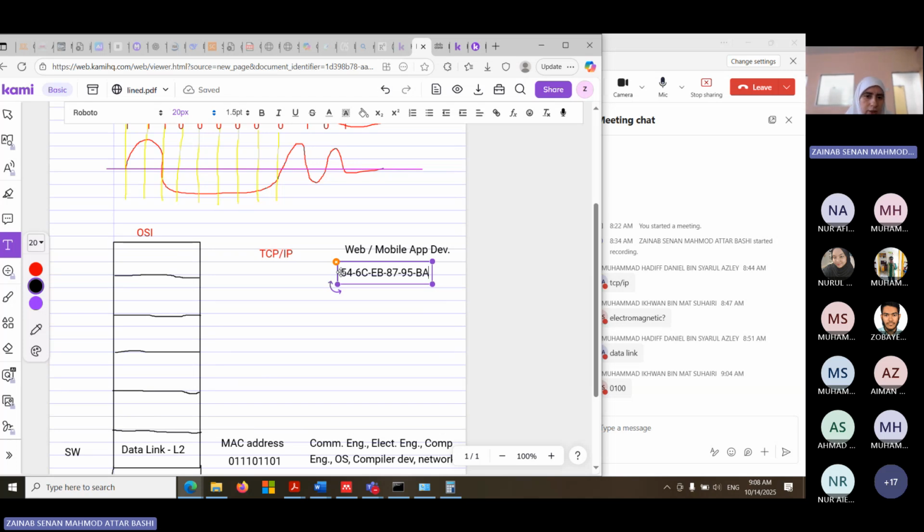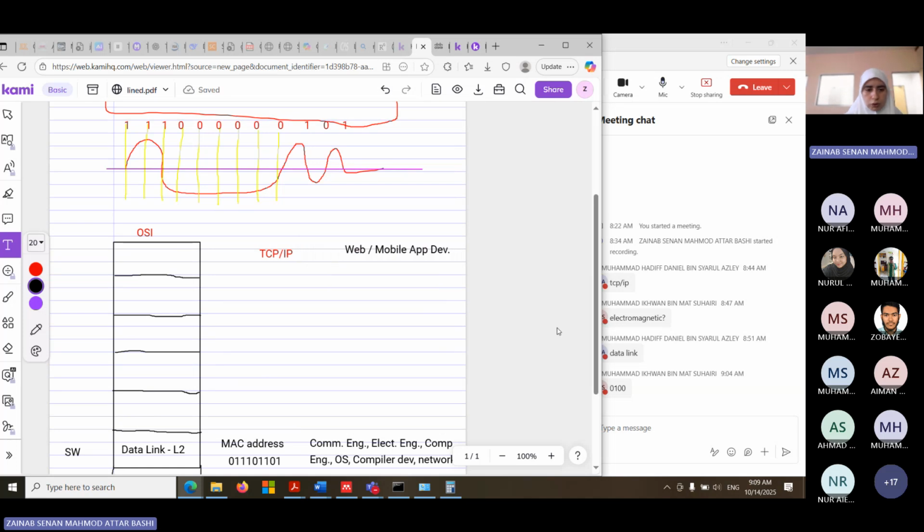It's a hard number for them. It doesn't have any meaning for them. So again, we use it because we want to understand the machine and let the machine understand us.